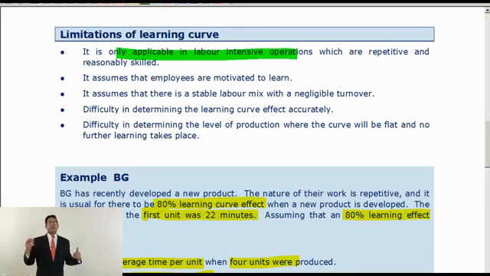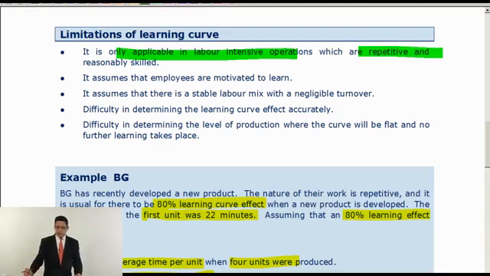Robots never learn, machines never learn, it's the humans. Okay, so number one, it is based upon a labor intensive environment, and the learning curve can only apply when it's repetitive jobs. It's not like unit number 1 was to produce umbrellas and unit number 2 was to produce chairs. Two are two completely different products. There is no learning. If the job is repetitive, the same units being produced again and again and again, then